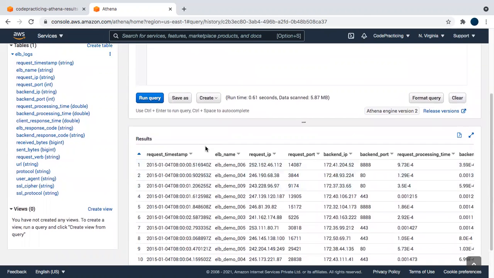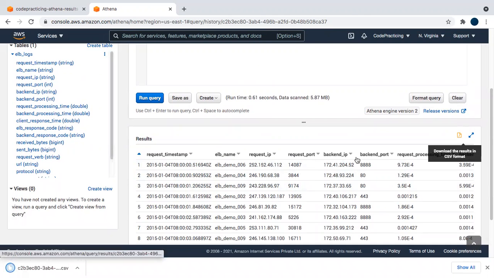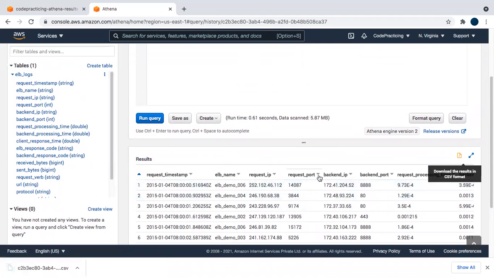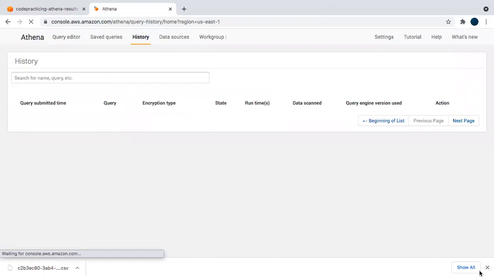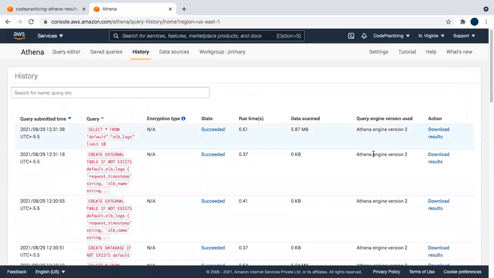You can download the query result from the query execution history. Yes, from here. Even you can download the query result from the execution history by clicking on history tab and click on download result.